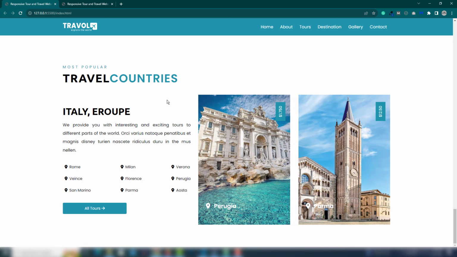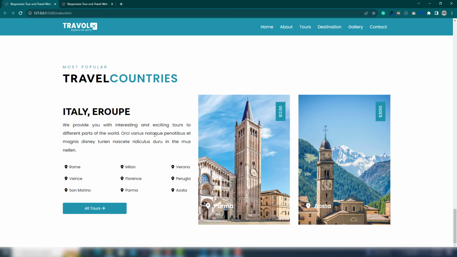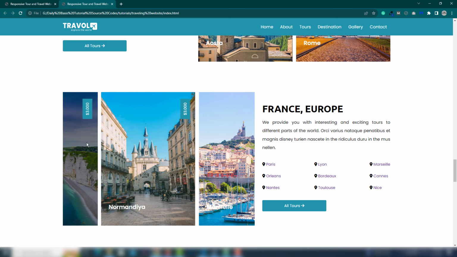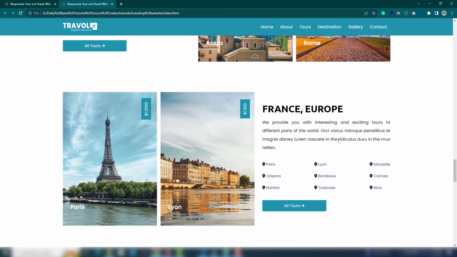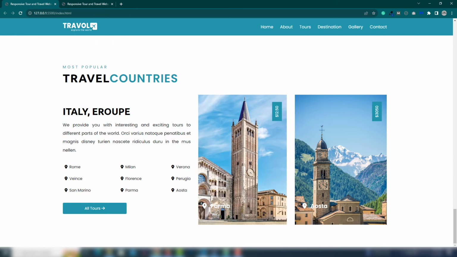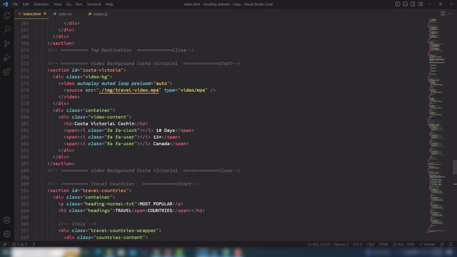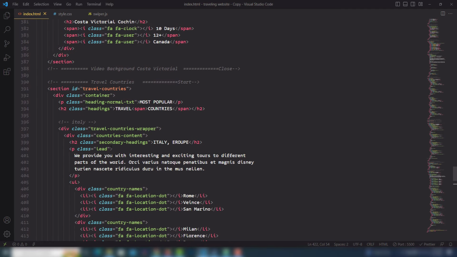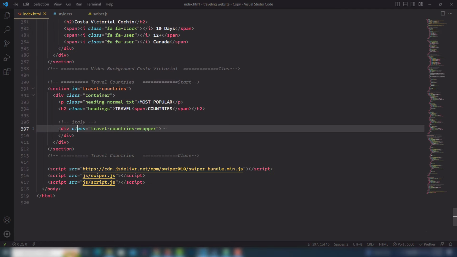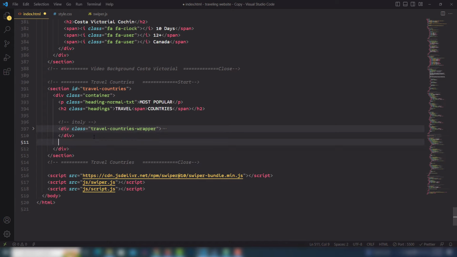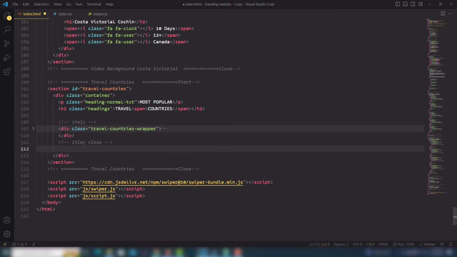Hey guys, welcome back. Let's work on another section to display France, Europe countries and also names and sliders like this one. So this appears on the left side and content appears on the right side. So what I need to do there, I need to go to my code editor and I'm gonna share with you how you can manage that. So I'm gonna collapse it. This is the actually, I'm gonna write it, actually close. After that you need to create another